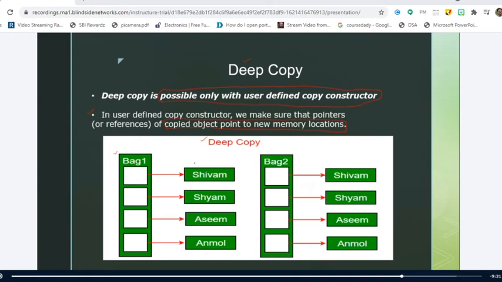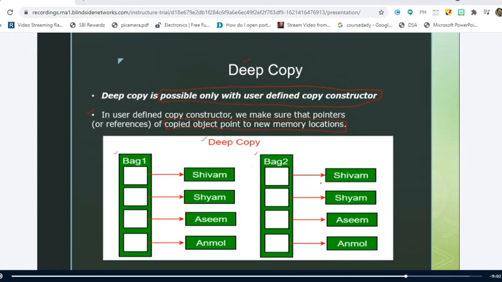With the user-defined copy constructor, you ensure that those pointers have separate memory locations. So bag2, an object of the same class, is assured that Shivam, Shyam, Asim and Anmol have different memory locations.